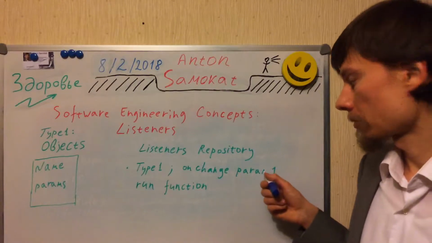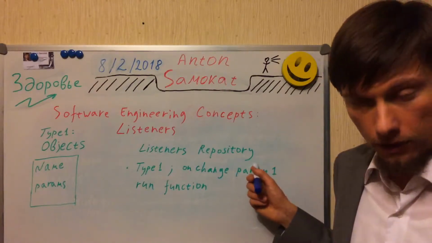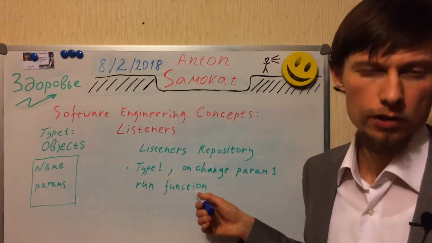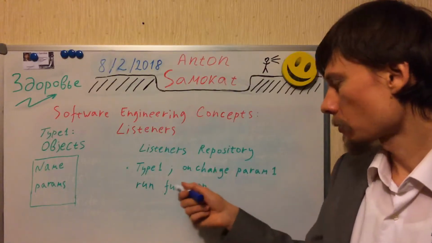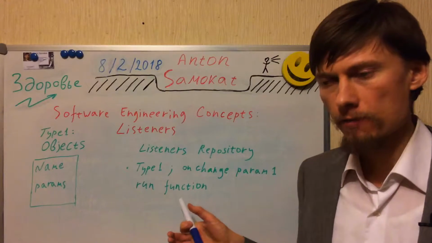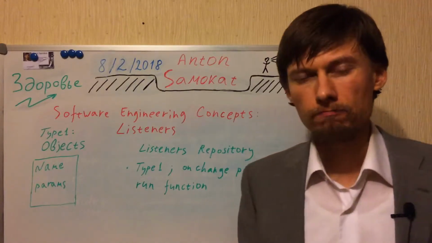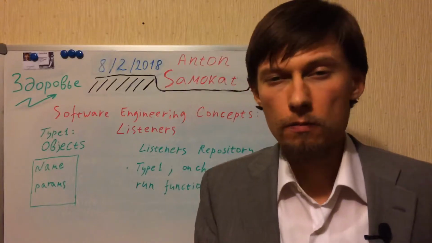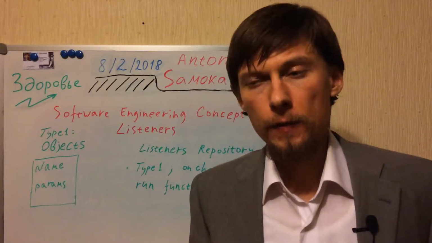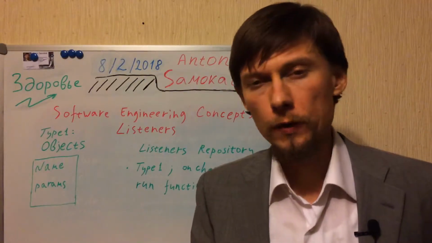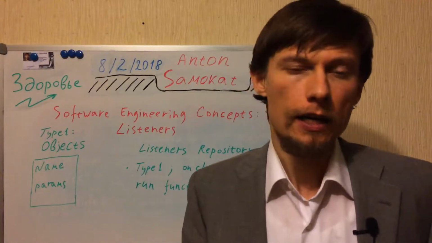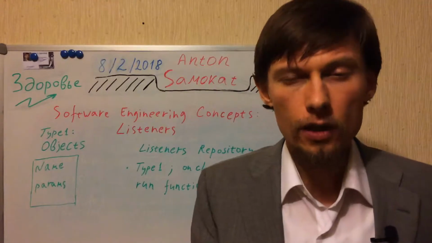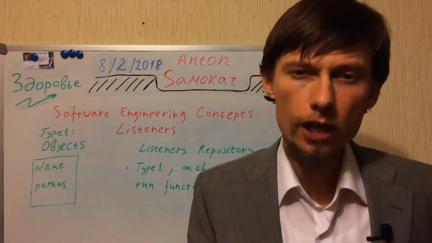If the parameter nickname is changed, we run some specific function, and here we can define some function, some method. Maybe if we use the Java language, we can specify the full path to some class with validation,